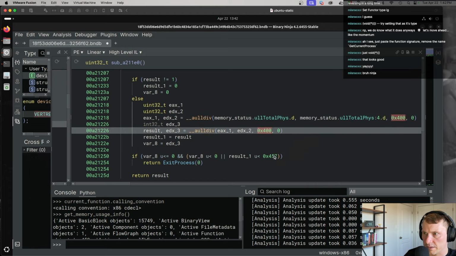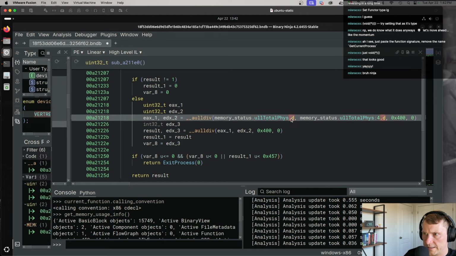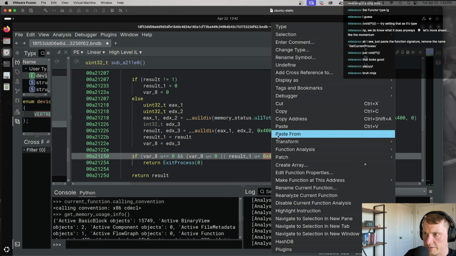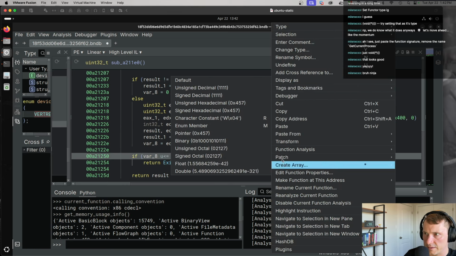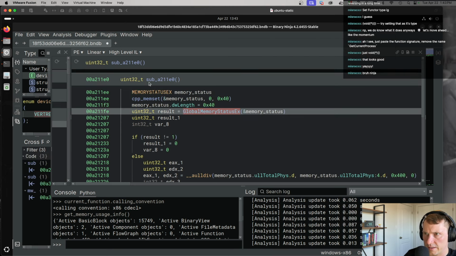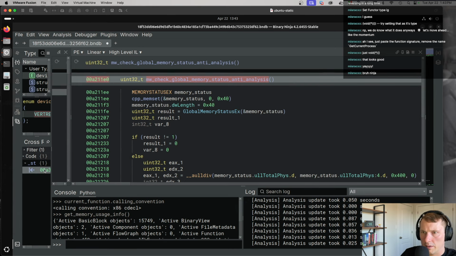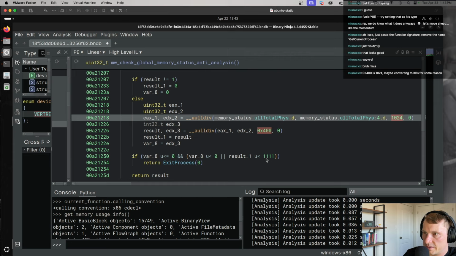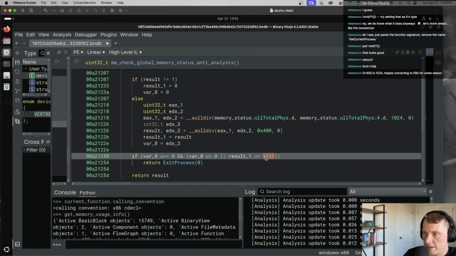So it looks like it is dividing, so it's accessing the D word and then accessing the next D word and then dividing them. And then dividing it by 400. So I don't know exactly what this is doing, but it's basically checking the physical memory using global X status X. So we'll do, okay. But yeah, so this is probably dividing it into megabytes like you said. And then it's just checking if the result is less than 100, then like a gig basically would be my